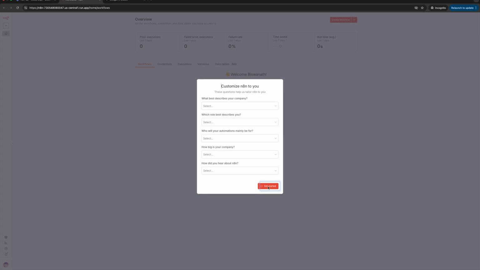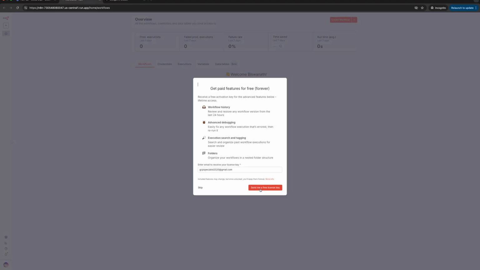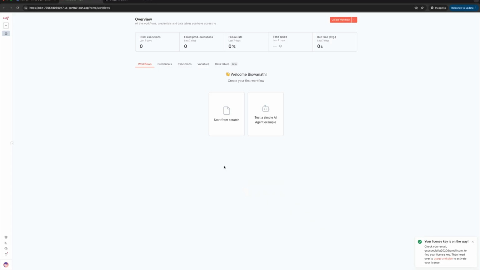If not, you can directly skip all of these and start. Now all set, and we can create a workflow. As soon as you click on create workflow,